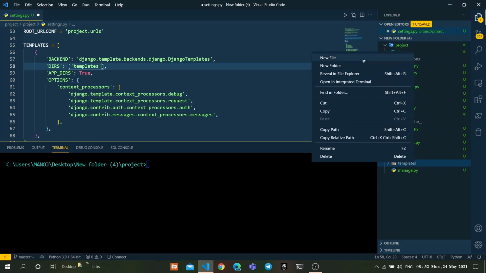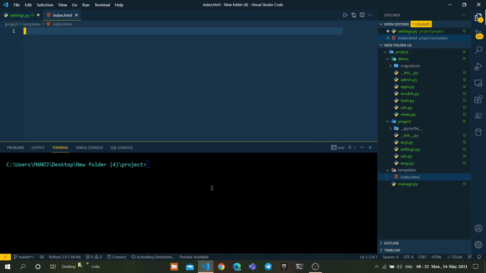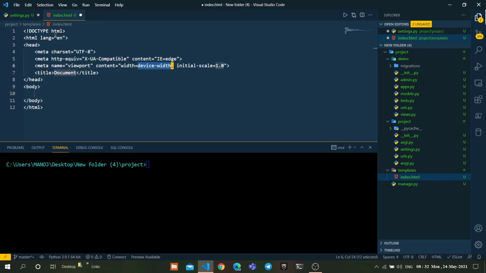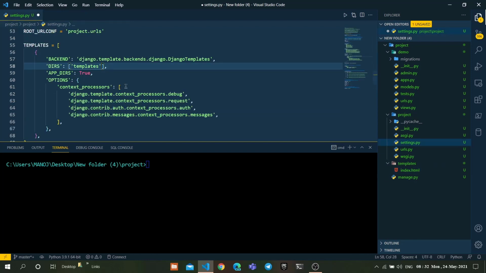In that templates folder, create a new file, index.html. For checking, I'm using boilerplate code and an h1 tag to display hello. So save that.